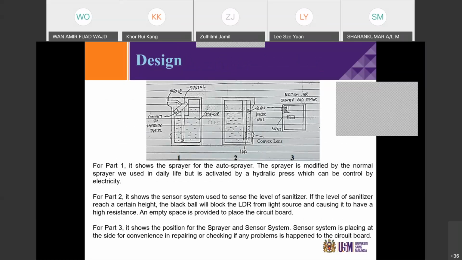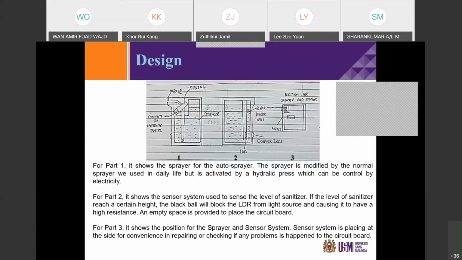Thank you, Sharon Kumar. Now, I would like to explain about our design. Our design consists of two parts. The first part is the sprayer, and the second part is the sensor system used to alert the operator to replace the sanitizer. For the first part, the sprayer is modified from the normal sprayer we use in daily life, but is activated with a hydraulic press, which can be controlled by electricity. And for the second part, the sensor system,